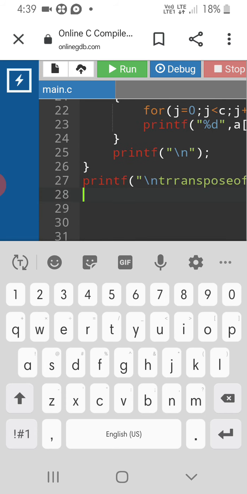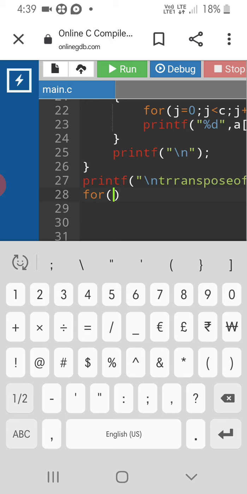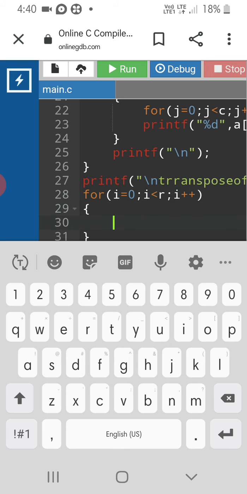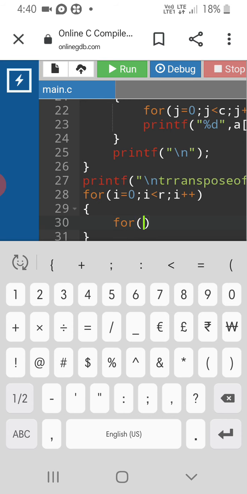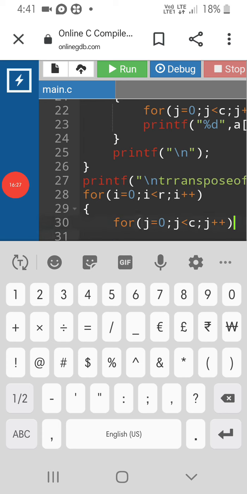Again we need two for loops. This is the outer for loop for accessing row elements, and another for loop is the inner loop, which is used to access the column elements for transposing.